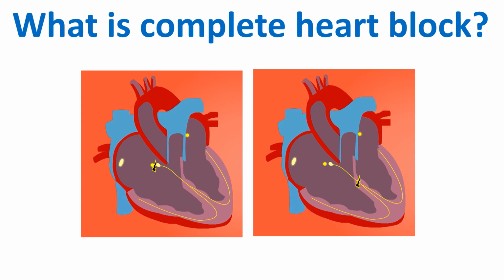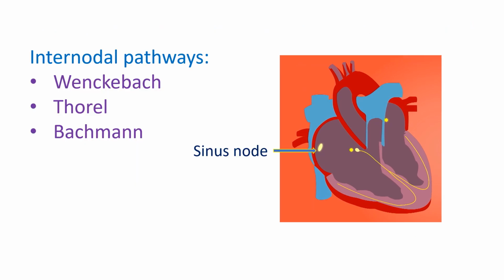When natural pacemaker impulses from the sinoatrial node fail to reach the ventricles and activate them, it is known as complete heart block. The block could be at the level of the atrioventricular node or below that. Sinus node is a subepicardial structure located in the upper part of right atrium near the orifice of superior vena